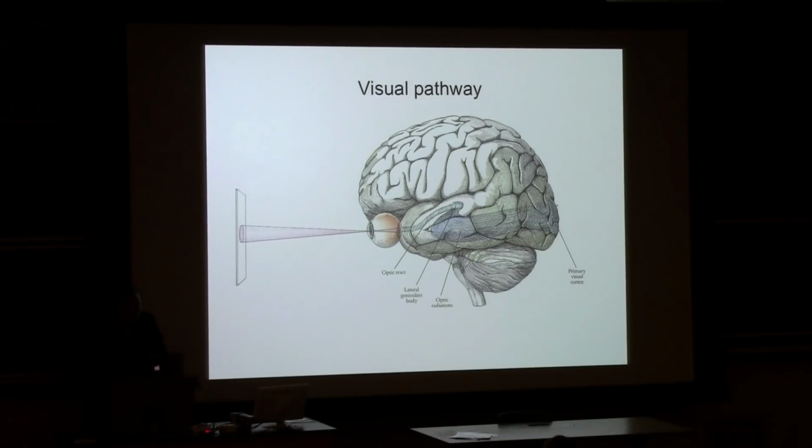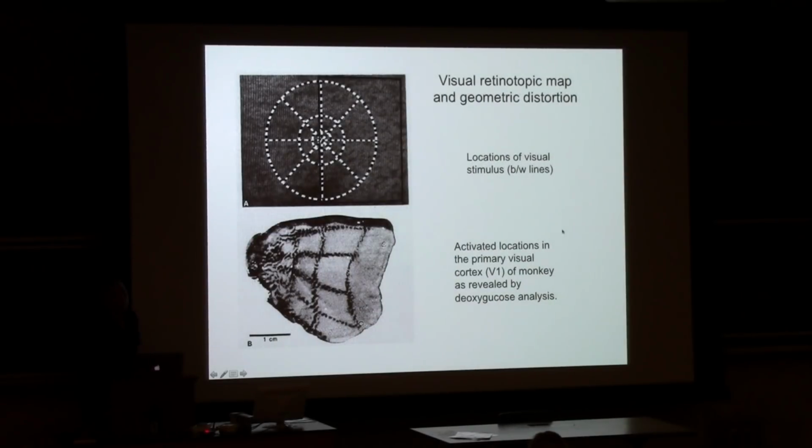So let's take the example, all right? This visual system, we know the visual field is mapped to the visual cortex. It's called a topographic map. Right? In the visual field, these lines are mapped onto the piece of cortex like this. You can see the shapes. This actually uses the activity of these flickering black and white stimuli, and based on where you take up the glucose, you get these kinds of forms. Right? So this mapping is